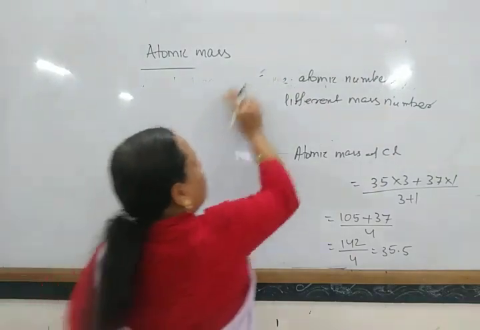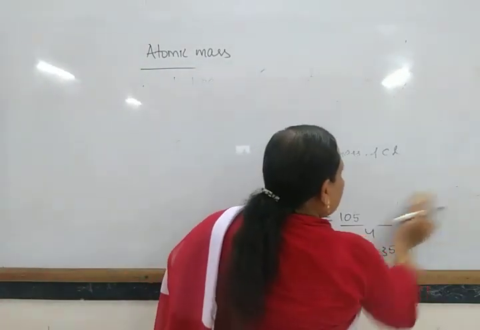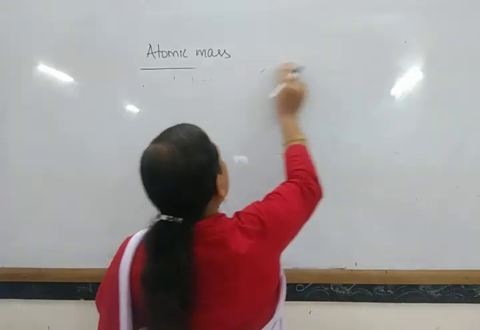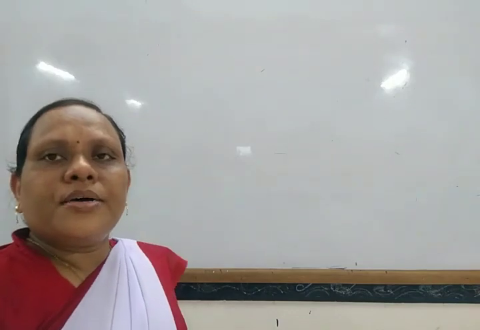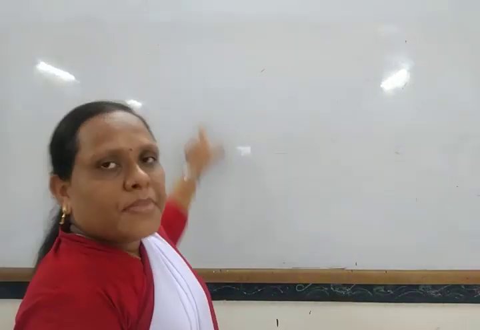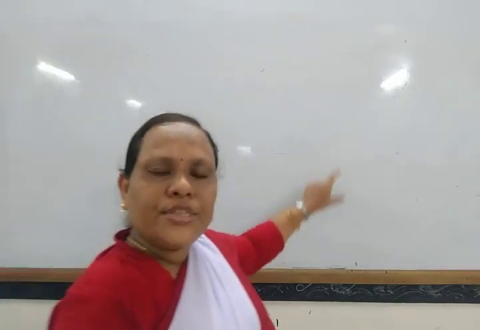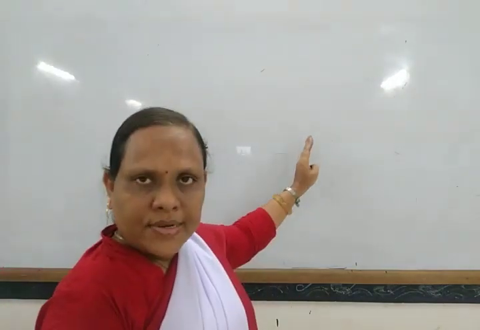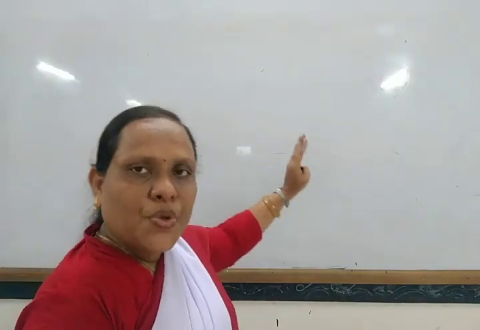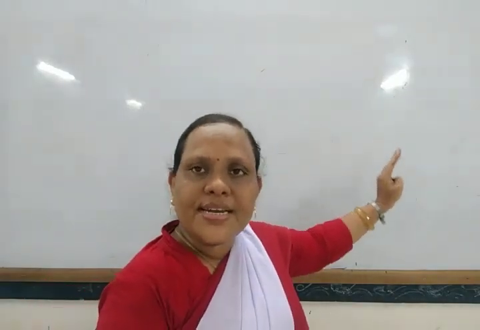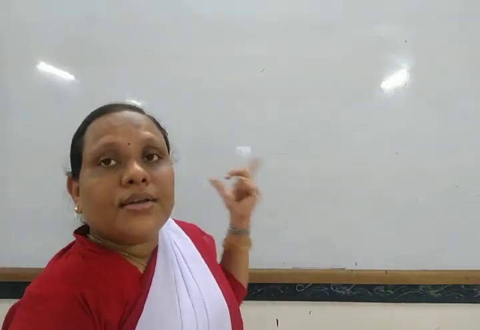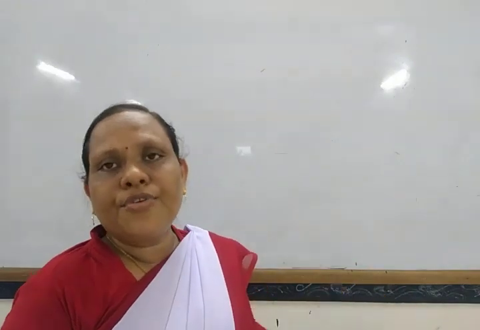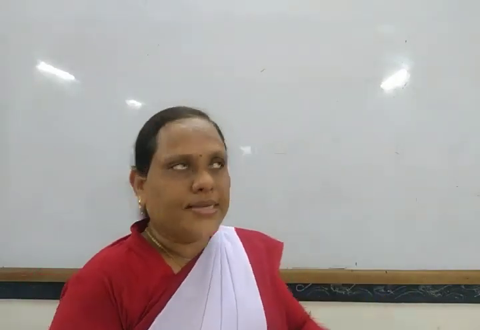So now look at the atomic masses of some elements, the first 30 elements. The atomic mass of an element is generally determined by comparing with 1/12 of one atom of carbon-12, and if it exists in isotopic form, then its average value is taken as its atomic mass. So now let us look at what the atomic masses of the first 30 elements are.